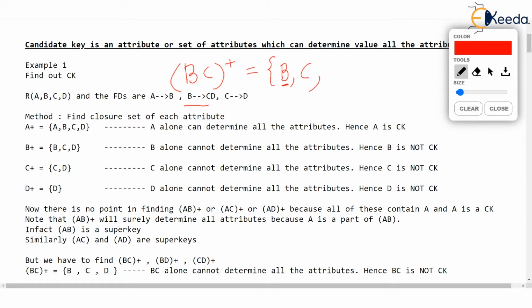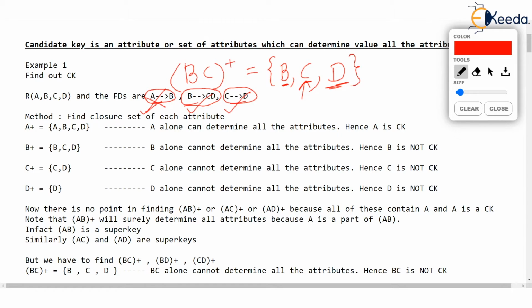But C is already there, but D joins. Isn't it so? Now you see, due to this C, we can use this dependency which I am marking, which will bring in D, but D is already there. And now, can we use this dependency? A determines B. No, we can't. Because A determines B cannot be used because A is not there in the closure set yet, so it can't bring in anything new. So that's it. We have checked all the dependencies and BCD is the closure set of BC plus.